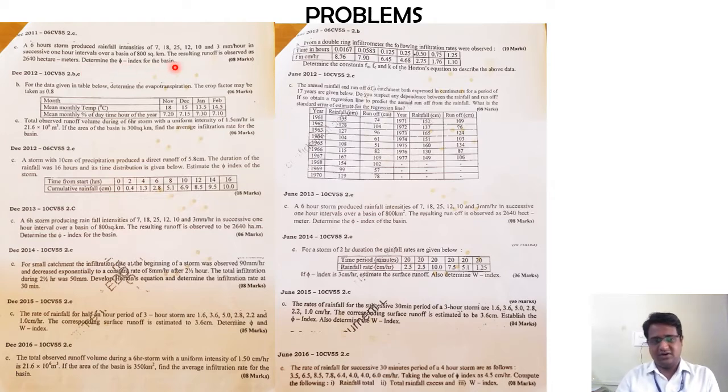So basically for these phi index and W index problems, if you check out, they provide you the details with respect to the duration of rainfall, intensity of rainfall, or the cumulative rainfall that has occurred over there. Along with that, they'll tell you the catchment area. Okay, so based on that, they will be asking you to determine the phi index or W index for that particular specific condition. So similarly, we have n number of problems that I have listed out here. One by one, out of these, basically I have selected a few of the important and a variety of problems. Okay, so those we will solve, and the remaining we can give for your assignments.